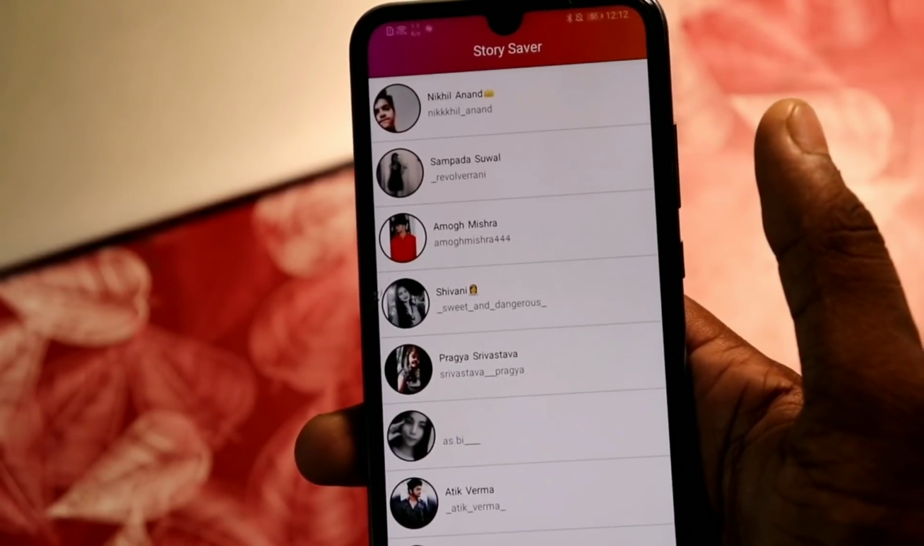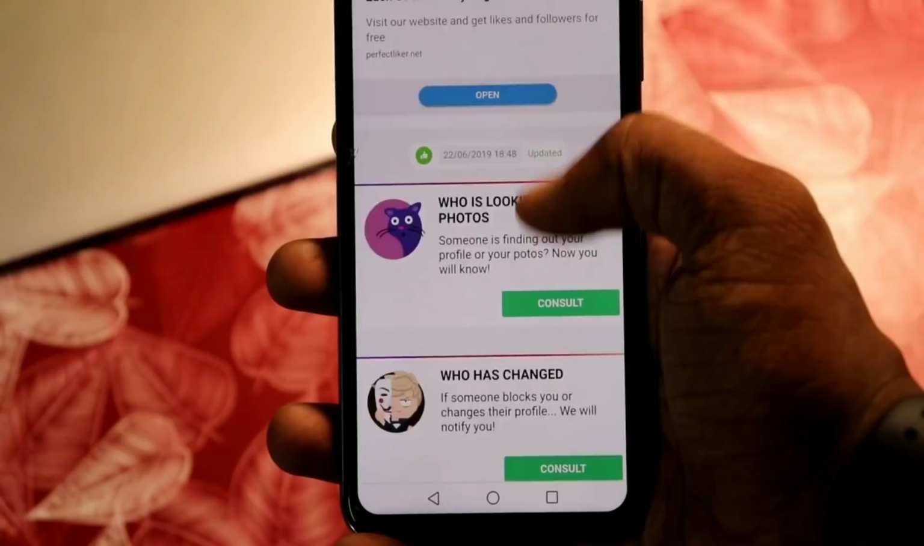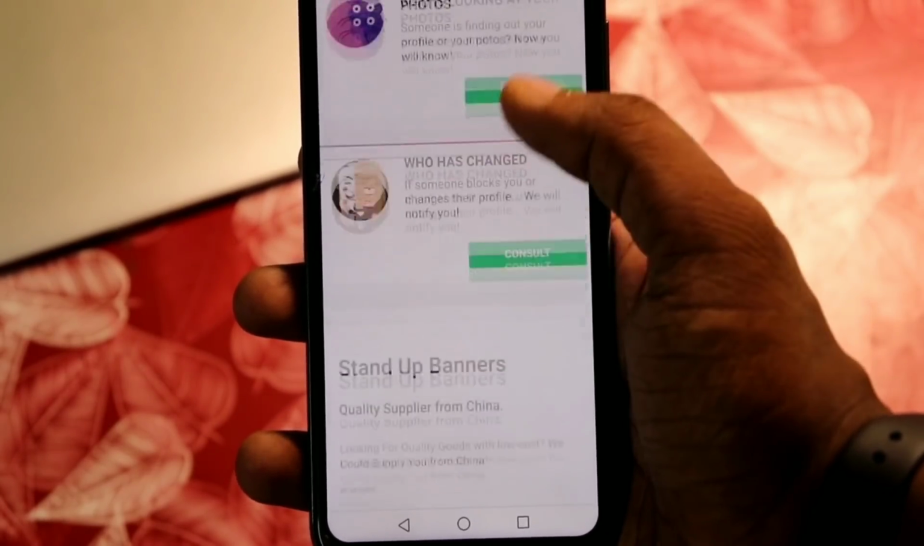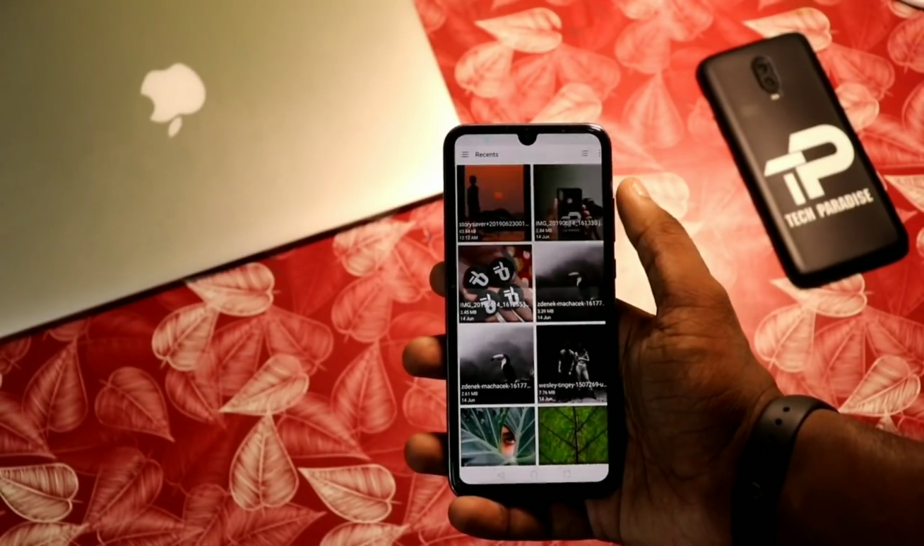So Instagram is something which is used by everyone, and today I got a great collection of 5 must-have applications for all the Instagram users, and trust me guys that these applications will change the way you use Instagram on